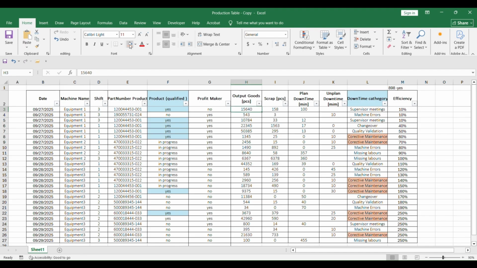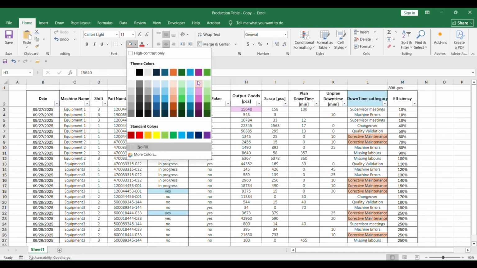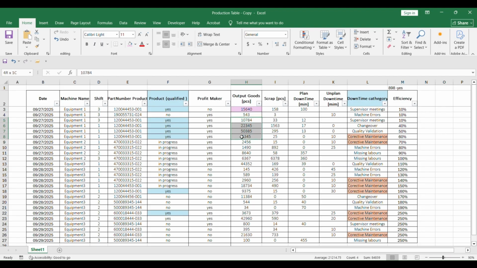So it will take this number, also these numbers, and as you can see here, corrective maintenance and the filter yes have the same cell reference, so when the sum is done, it will take both this number and also these numbers from corrective maintenance, so they will all be summed up.